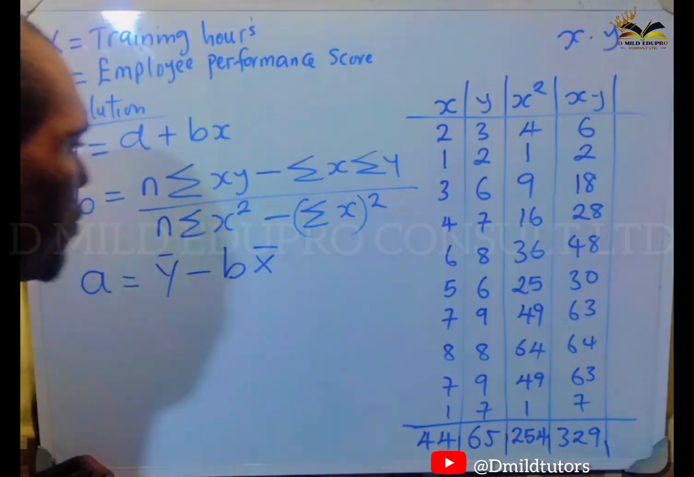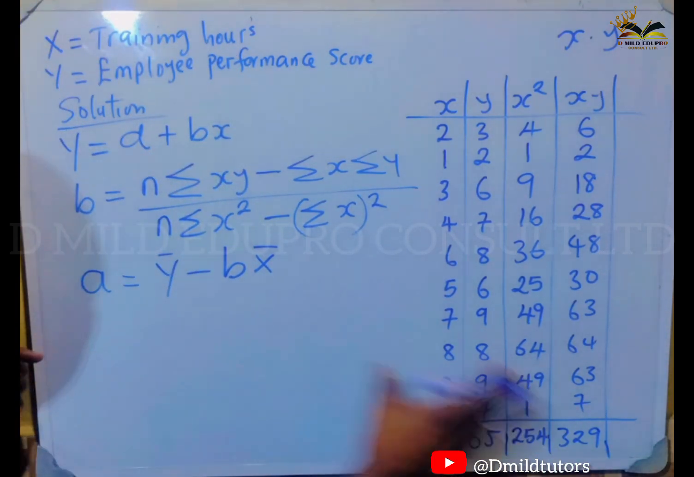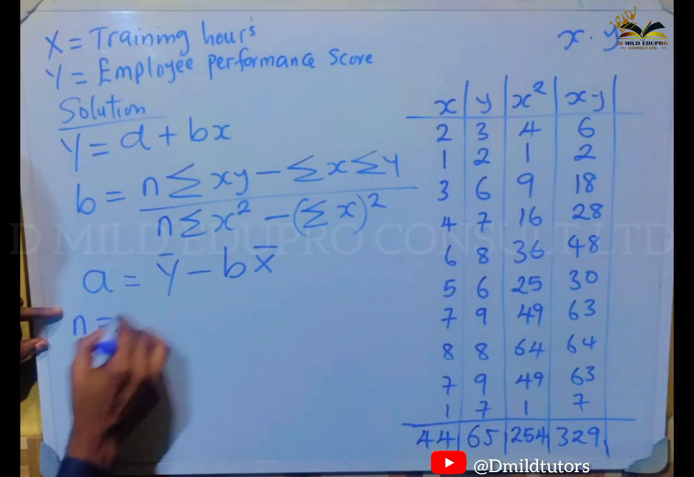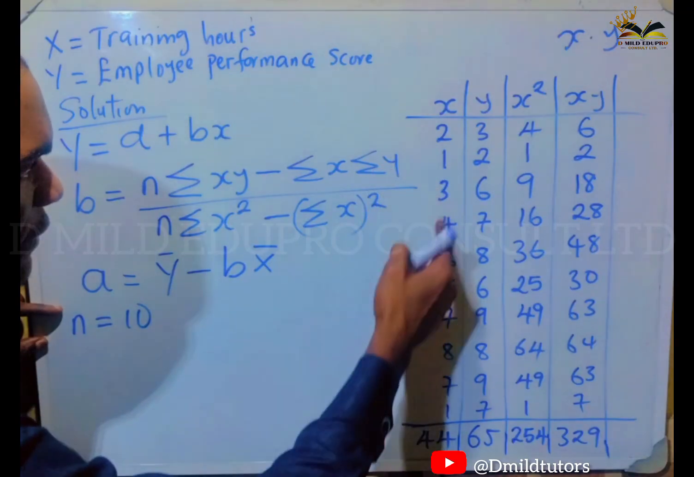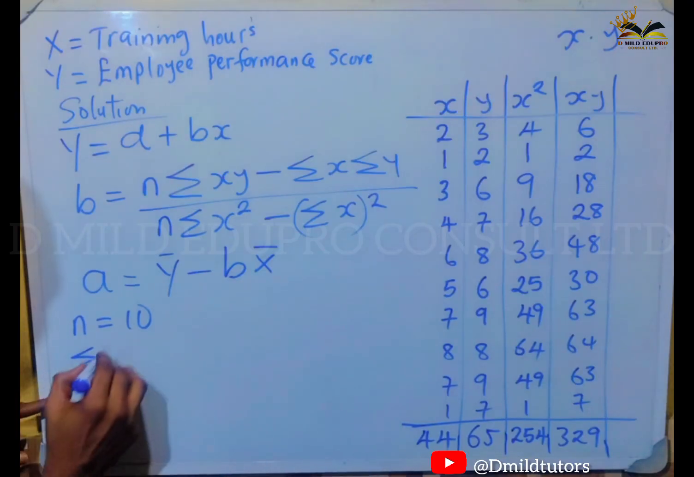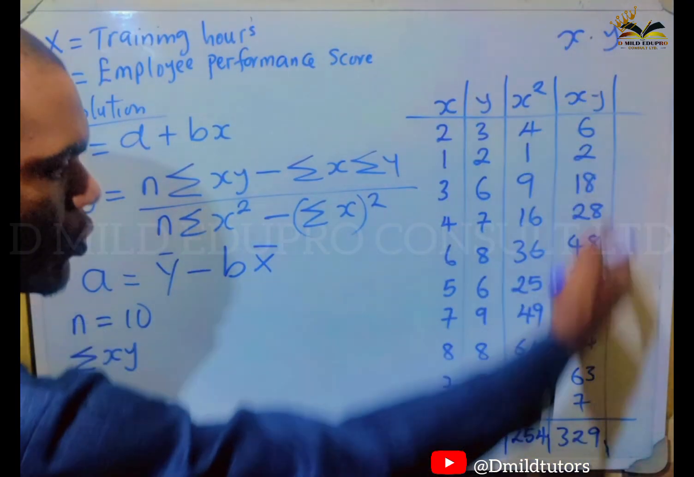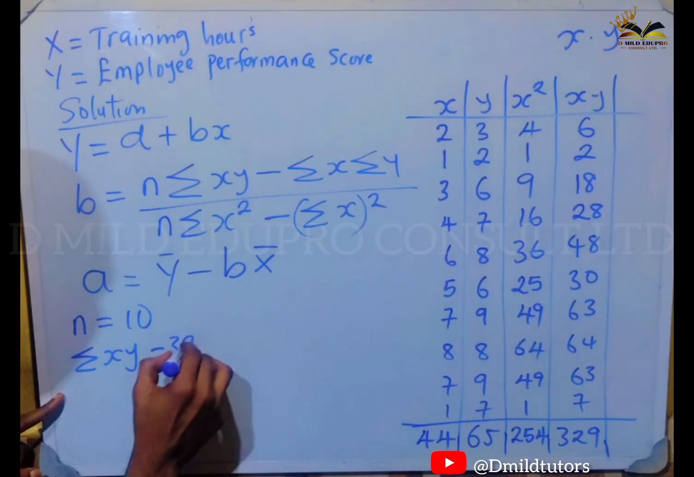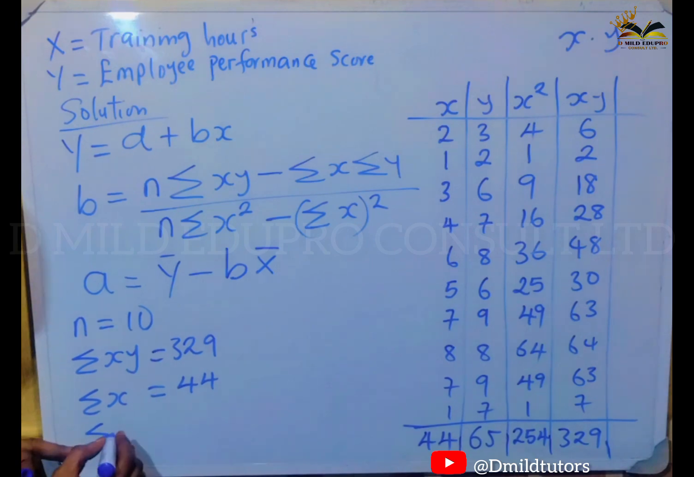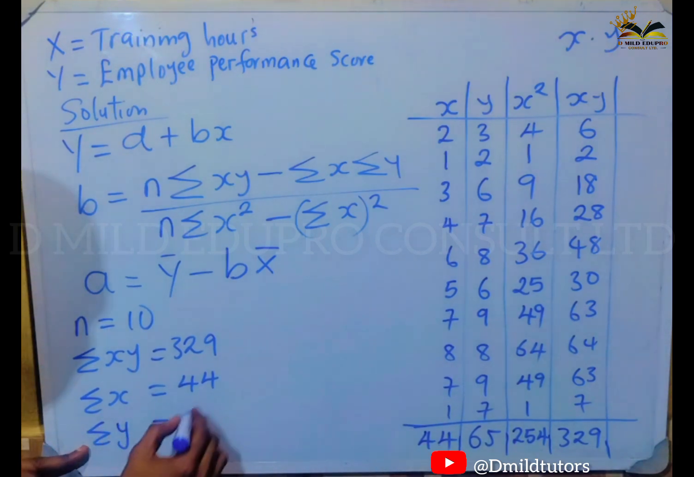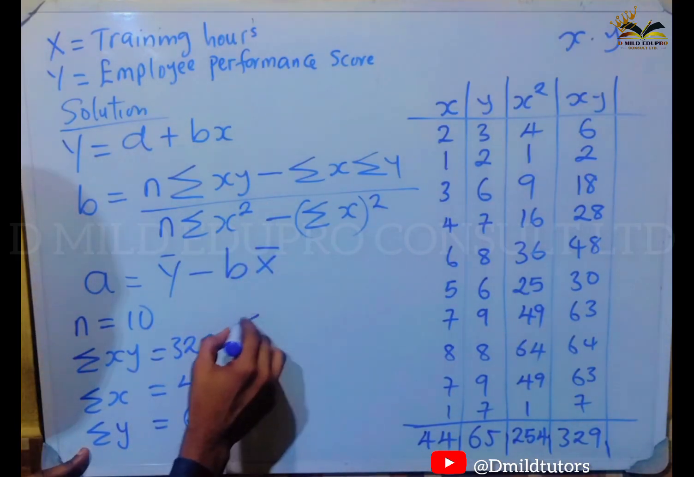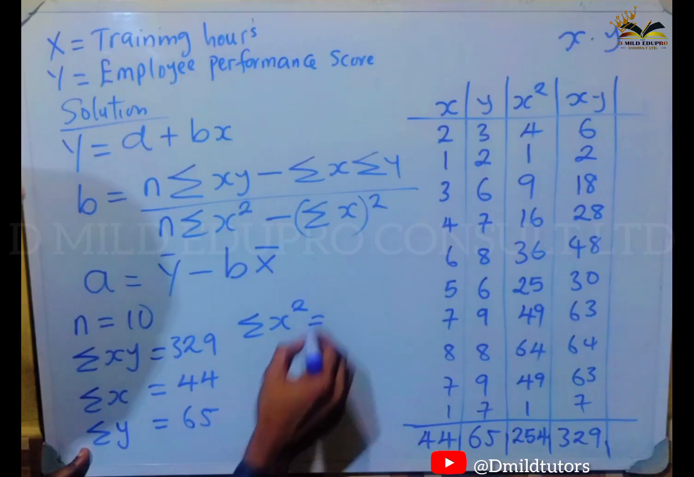Now, these are the values we are going to be making use of. Let me bring it out here from this table, and then we'll clean this table and start solving. Remember that n is equal to 10 because there are 10 of them: 1, 2, 3, 4, 5, 6, 7, 8, 9, 10. Summation xy, which is this row, is 329. Then summation x times summation y will be equal to 65. Then summation x squared will be equal to